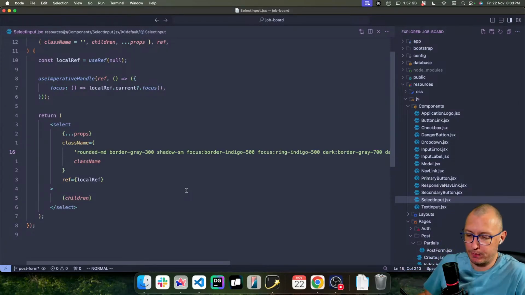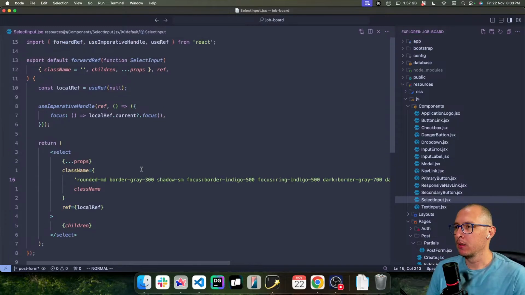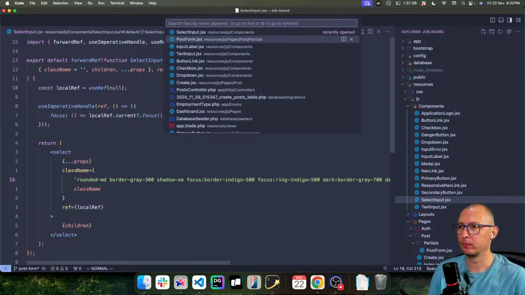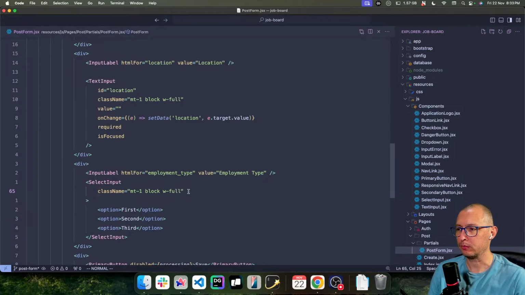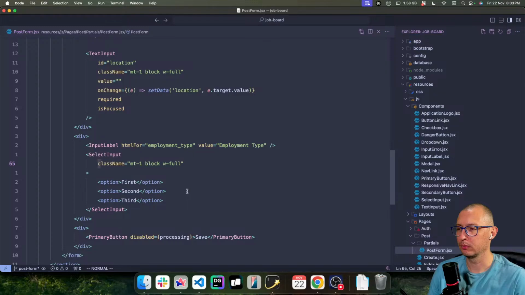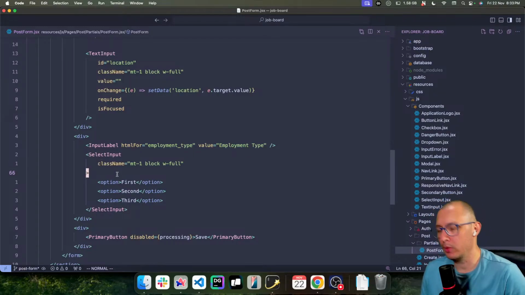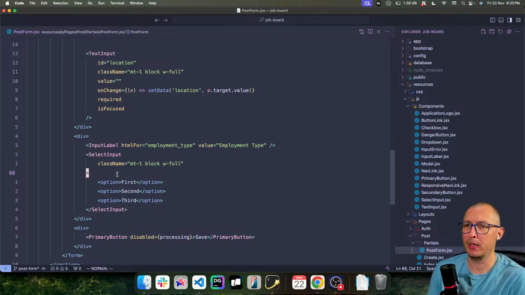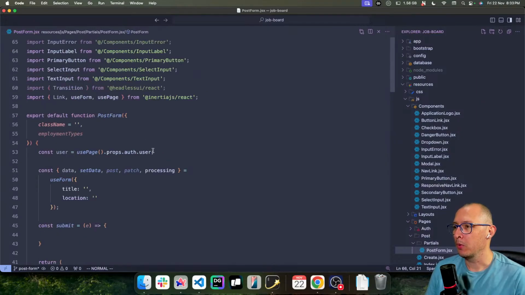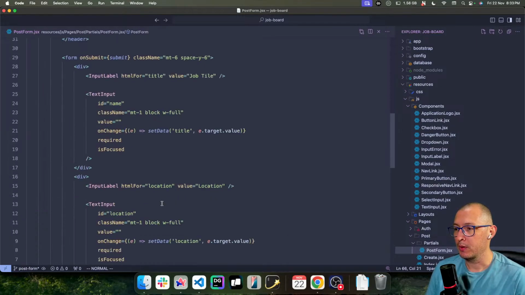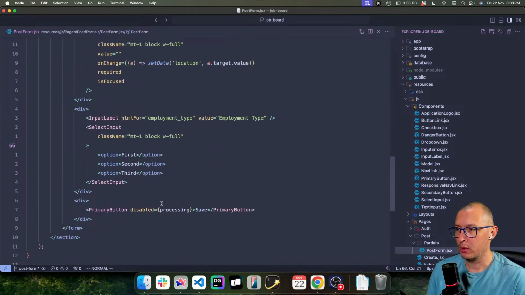But yeah, kind of want to though. Let's stick with this simple implementation where I can say I'm already receiving employment types, so I can do something like